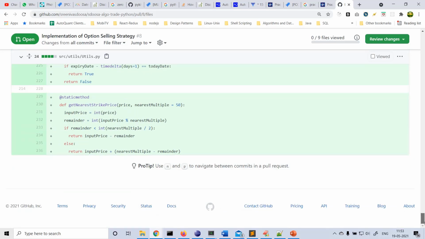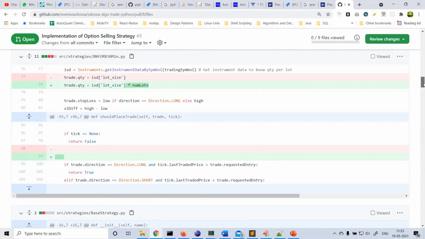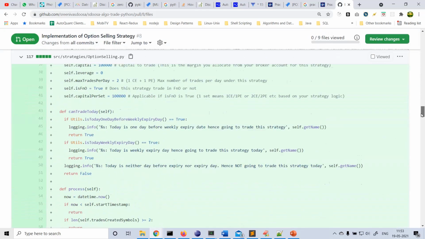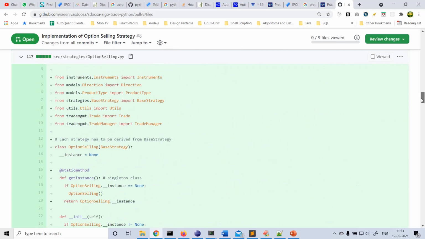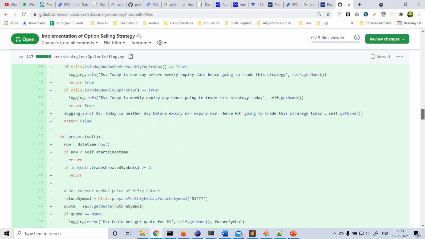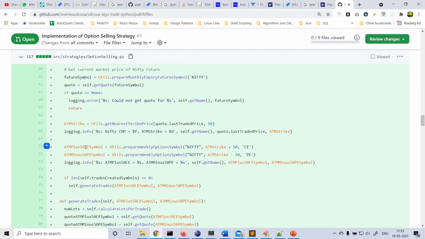Simple, right? So from your code, what exactly you need to do? You need to create your own strategy. Suppose you want to create your own option selling strategy. You just take a copy of this entire file and call it a different name, let's say option selling, strangle, straddle. First of all, I don't bother about what is strangle or straddle, I don't care. I just look at logic. People call them with different names, but I am least bothered about them. You can have logic like here plus 50, right? So you can have another 2 lines here.